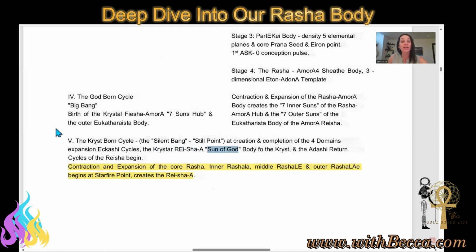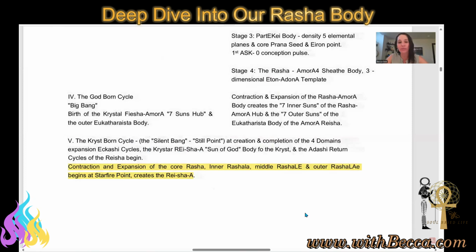We are sons. This is where we do the Ishura Eru Umeta. I am the sacred son. We're saying that not just because it sounds really pretty, because it kind of does sound pretty cool to be like, hey, I'm a sacred son. But what we're doing is acknowledging ourselves as a Christ born and a Christar being that holds the vibration within us to have the access through the Rasha or the Rishi Rasha.